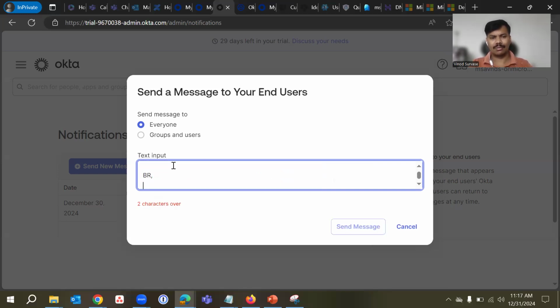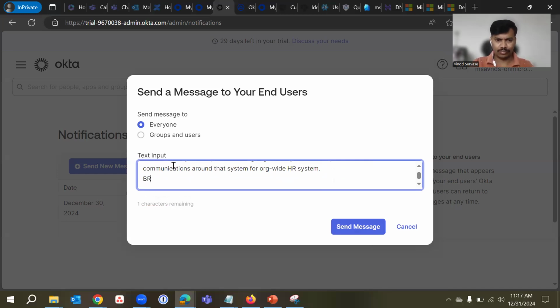So here we can simply, it seems we are over the given characters. I'll simply just type, maybe I can simply type change board. Change board is something who has decided to send out this system message or notifications to all the